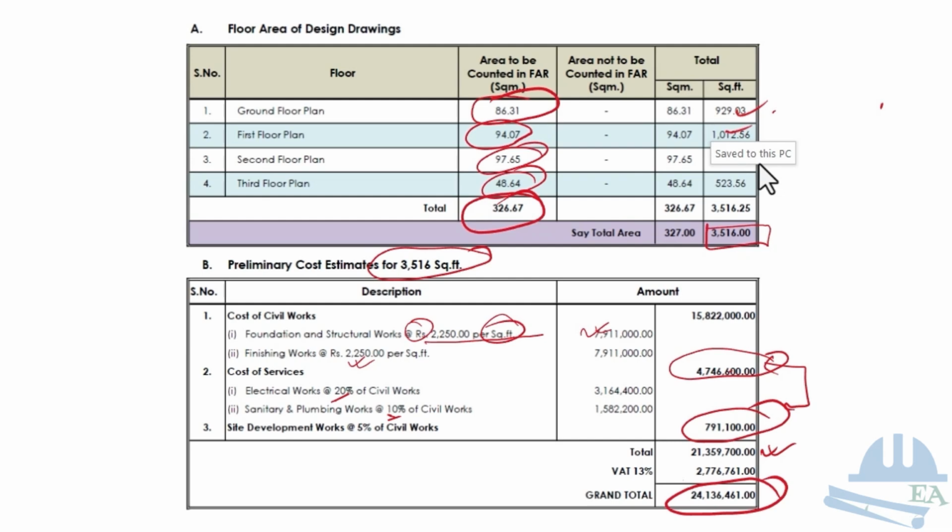Once the client gets the cost estimate, now he knows whether this project is in his budget or not. If it's in his budget, then he will proceed with the project. If not, maybe he will try to reduce the area, reduce the number of floors, whatever his requirements, that you two have to discuss and come to a conclusion. So this is the completion of stage 1, where you prepare the preliminary design and do the preliminary cost